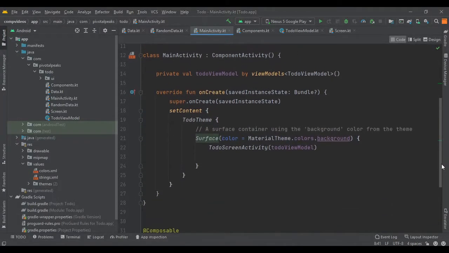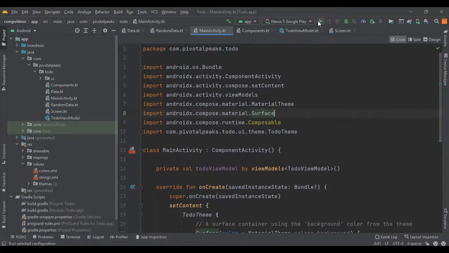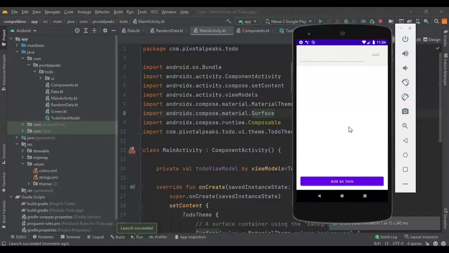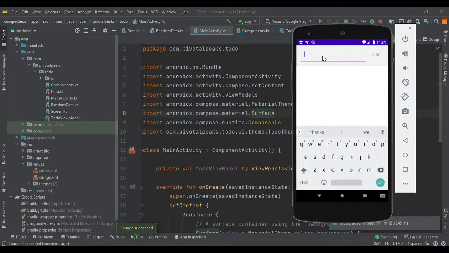Let's run the app and see if it's running like before. You can see the app is running like before. Let's see if it's working. It's working the way it was working before. So everything is running fine.